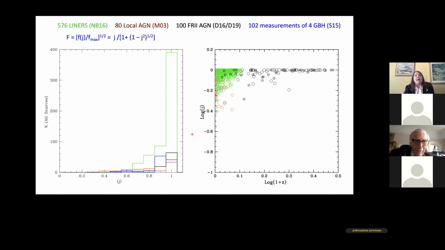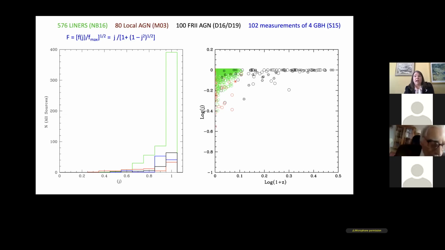And then when we map to a spin J, where anything that had a value of F greater than 1 gets mapped to a spin of 1, now you can really see that flux limit coming in here quite strongly, where we have a very broad range of spins for the local Maloney et al. sample and the very strong cut, and we're missing all these low spin objects, even at a redshift of 0.2